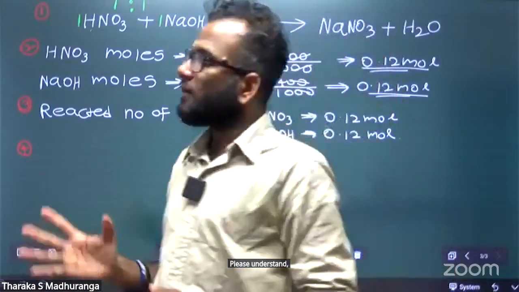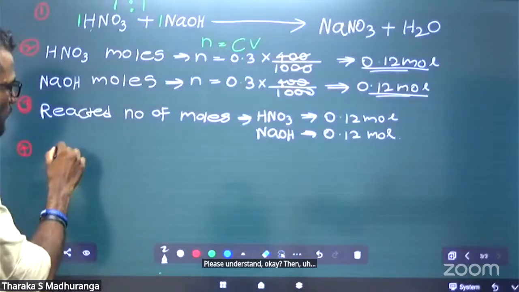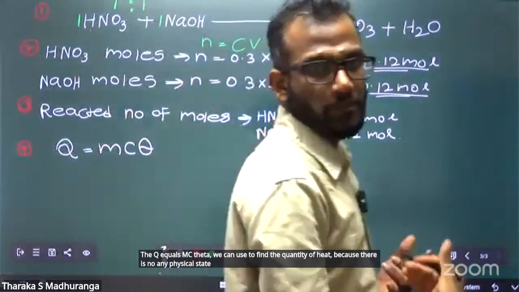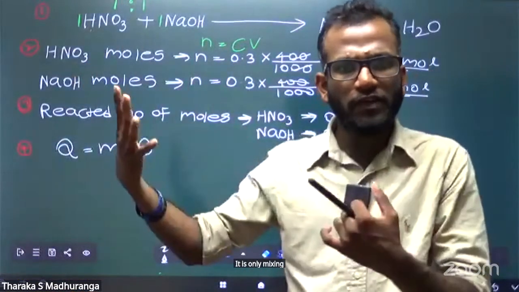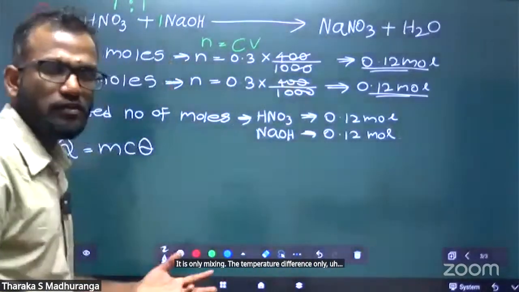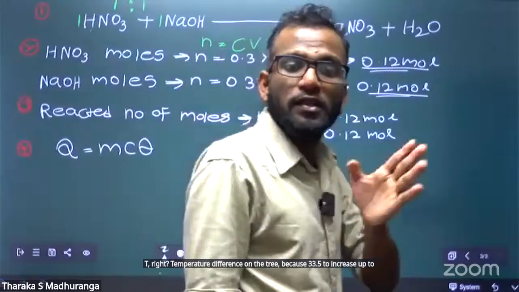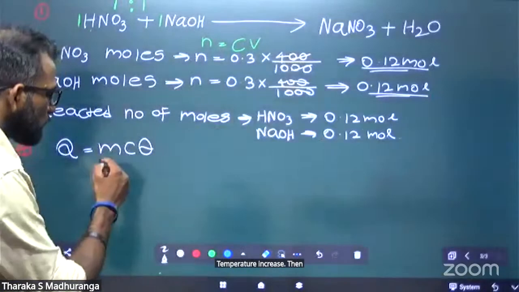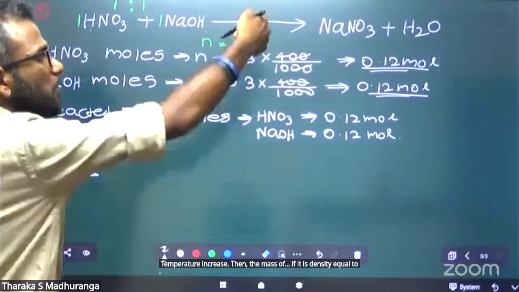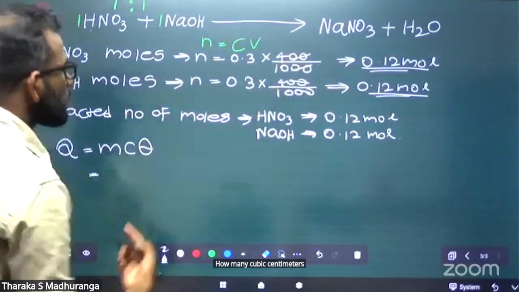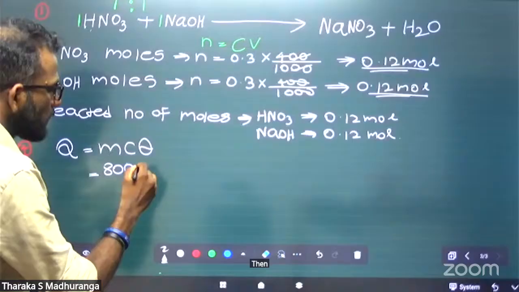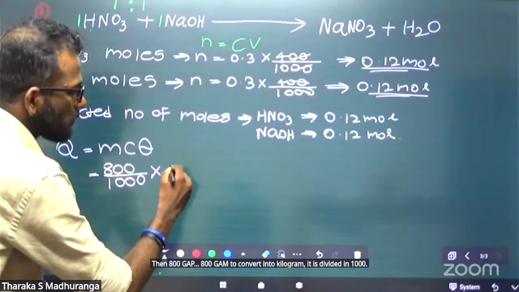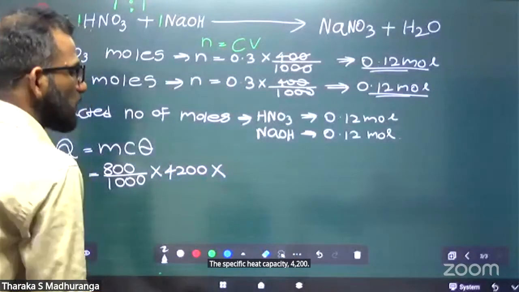Please understand. Then Q = mcθ we can use to find the quantity of heat, because there are no physical state changes. It is only mixing. The temperature difference is only 3, because it increases from 33.5 to 36.5. It is exothermic, so the temperature is increasing. If the density equals water density, the mass is 400 plus 400, 800 grams. 800 grams converted into kilograms, divided by 1000. The specific heat capacity is 4200. The temperature difference